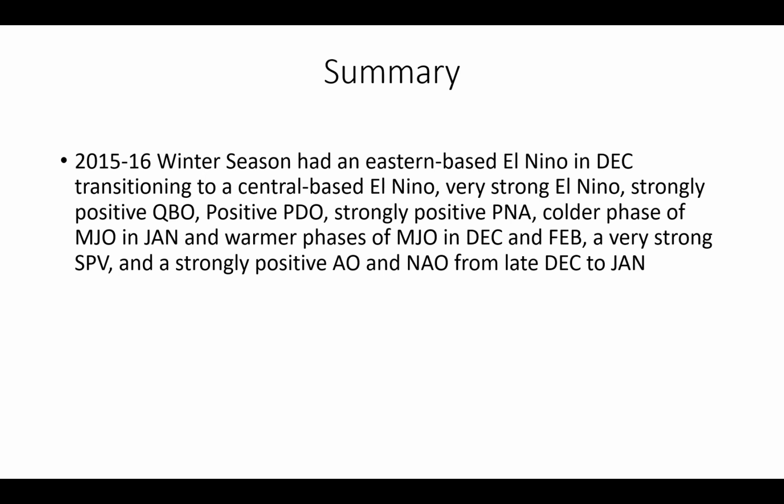Also, 15-16 had that very strong El Nino, 2.6 degrees Celsius above normal water temps in the Nino 3.4 region. It had a strongly positive QBO or westerly phase, positive PDO, strongly positive PNA, the colder phase of the MJO in January, and warmer phases of the MJO in December and February. It had a very strong stratospheric polar vortex that winter season, and a strongly positive AO and NAO from late December to January. A lot of this favors warmer than normal temps in the east,